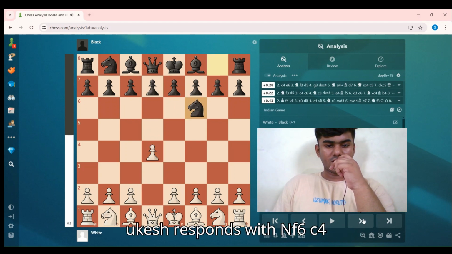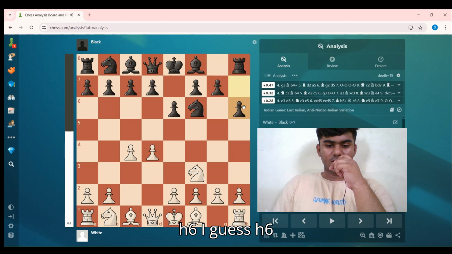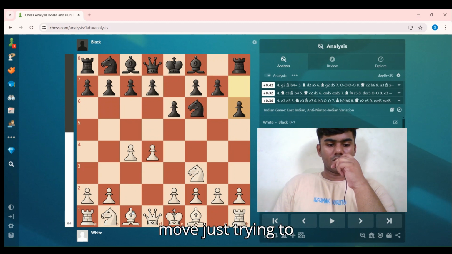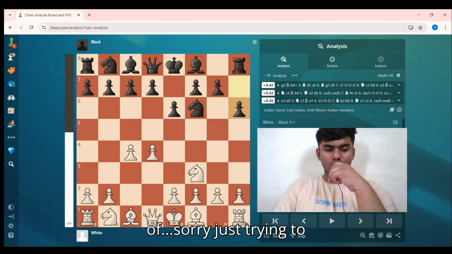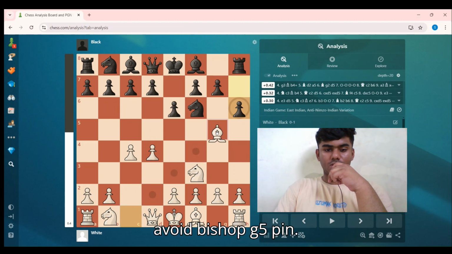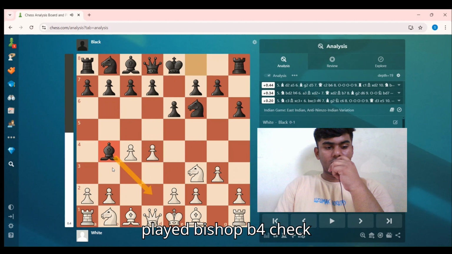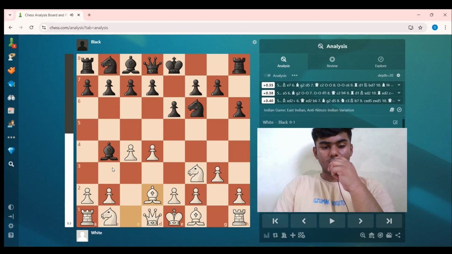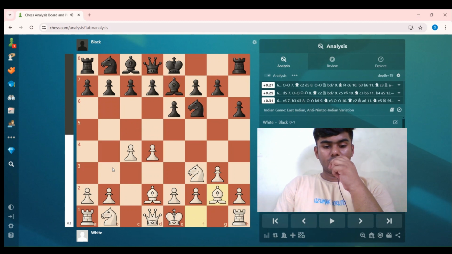Gukesh responds with Knight f6, c4, e6, Knight f3, h6. I guess h6 was an unusual move, just trying to avoid the Bishop g5 pin. So g3 played, Bishop b4 check. Gukesh gives a check. He defends with Bishop d2. Gukesh retreats his bishop to e7, Bishop g2,